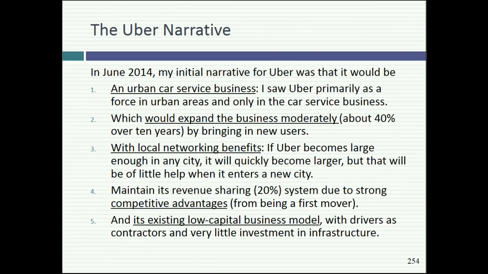I have to tell my story, and this is my story in June of 2014. I'm going to assume it can maintain this 80-20 mix. That's completely arbitrary. Grab Taxi, which is Southeast Asia, Malaysia, is 85-15. Ola is 80-20, which is the Indian car service. Didi Chuxing, I don't think ever charges anybody. God only knows how they make money. But basically, I have no idea what their revenue sharing is. But there's no good reason for the 80-20. I'm assuming that they can maintain it. Why? Because they set the rules for the game.